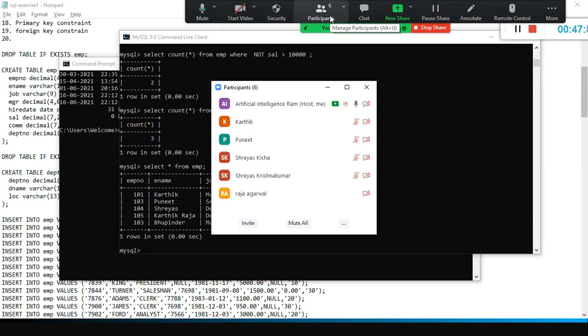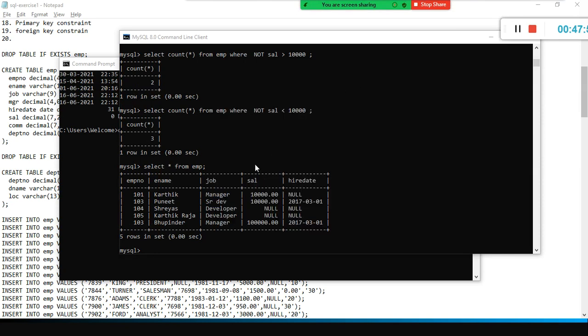This is where it is very much important to understand the query, to test your report, output, everything. At one point in time, you will have to use this. Salary is less than 10,000, how many are there? But here, not salary less than 10,000. So, not less than 10,000 means what? It is the opposite, right? Is it equal to 10,000? No. Here, see, how can it be?